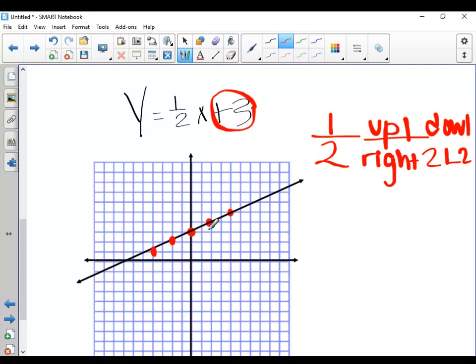If your slope does not fit on your graph, like if it's telling you to go up 7, but you can't go up 7, do the opposite of what your slope is saying. So go down 7 and left 5 instead. I'm looking at number 3. I don't think that slope's going to fit on your graph. So on number 3, instead of going up 7, right 3, you should go down 7 and left 3. I'm going to ask you to do these right